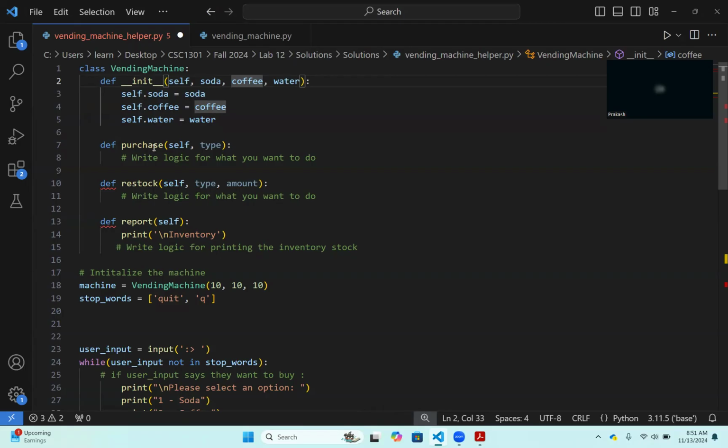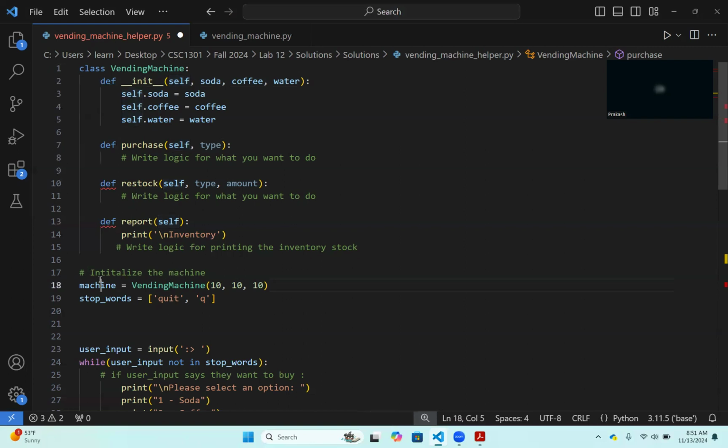Okay. And as the requirement said, we need to have 3 functions, 3 methods in our class. First one is purchase, restock, report. These 3 methods will have parameters: the type of beverage. For report, we don't need any parameter. Self means it is an instance of the class that we are working with. So if you have one vending machine, it will always update that vending machine. But if you want to expand your business, you have multiple vending machines, then which vending machine you're calling it from, that will define. If you did not understand this, let's proceed further with the main program that will define